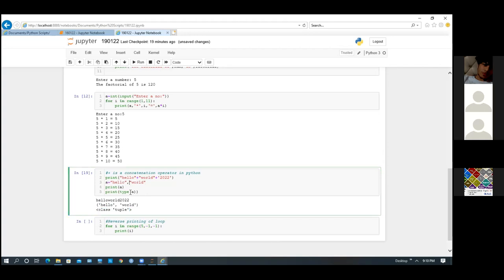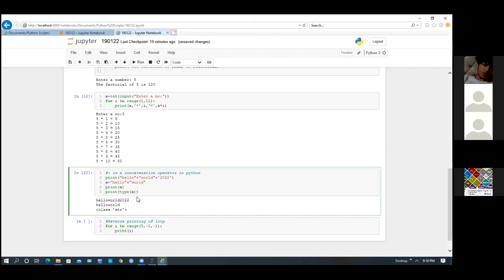So if you want a string, then you have to use the concatenation operator when you are working with multiple strings. You get it or not? Yes, sir. Clear? These are small things, but you need to keep in mind this plus sign. In Java, if you have worked in Java, with this plus sign we can write an integer also. There is no issue in that. But Python doesn't support it, because concatenation only happens between strings.